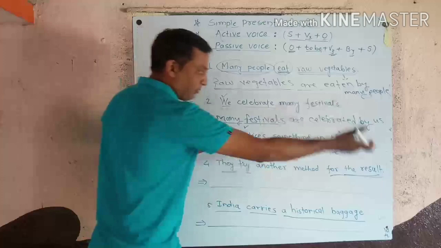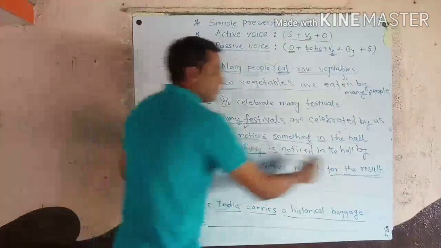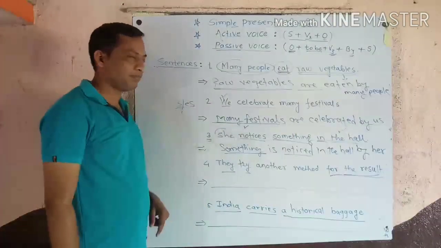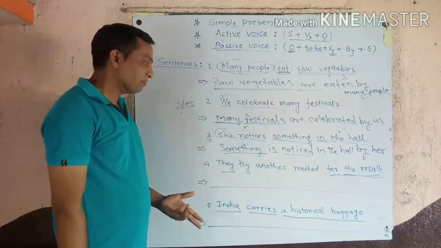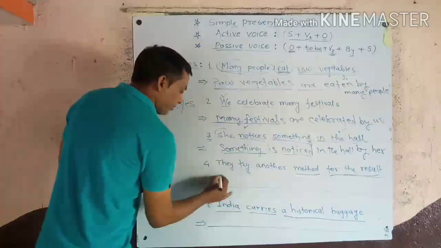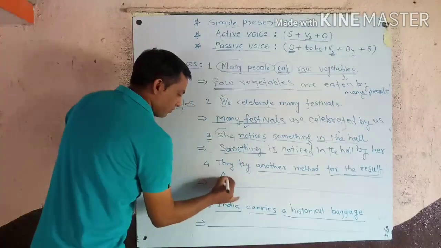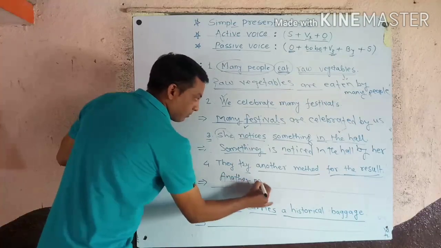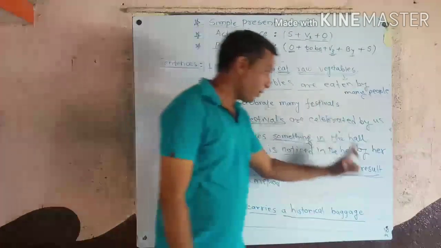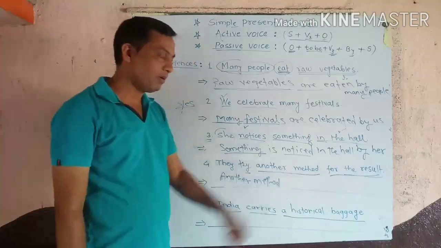And what has remained now? Subject should be converted into the object, but before that, by. And if it is a pronoun, then we should take the objective case of that. And what is the objective case of she? Yes, her. Again here in the fourth sentence, which one is the direct object? Another method. Then let the prepositional object be there. Don't take it here with the direct object.